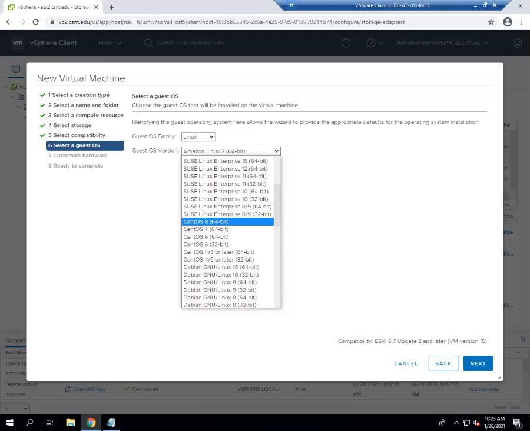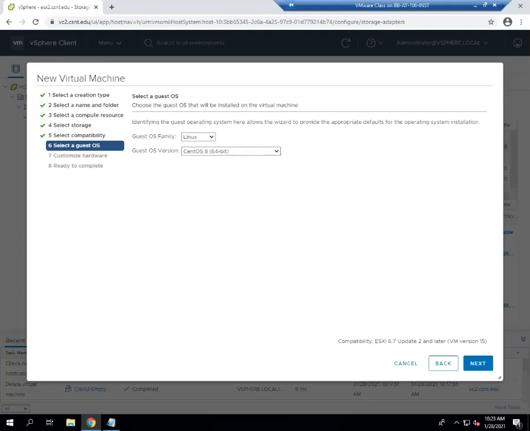It is. Sweet. It's also only allowed to pick 64-bit because CentOS 8 only comes in 64-bit, so that's pretty cool. Version 6 supported 32 or 64. That'd be a huge difference picking between those two. But CentOS 8, pretty cool. It gives us one option. That right there will auto choose the correct network adapter and controller cards and stuff to include with it. If I go next here,